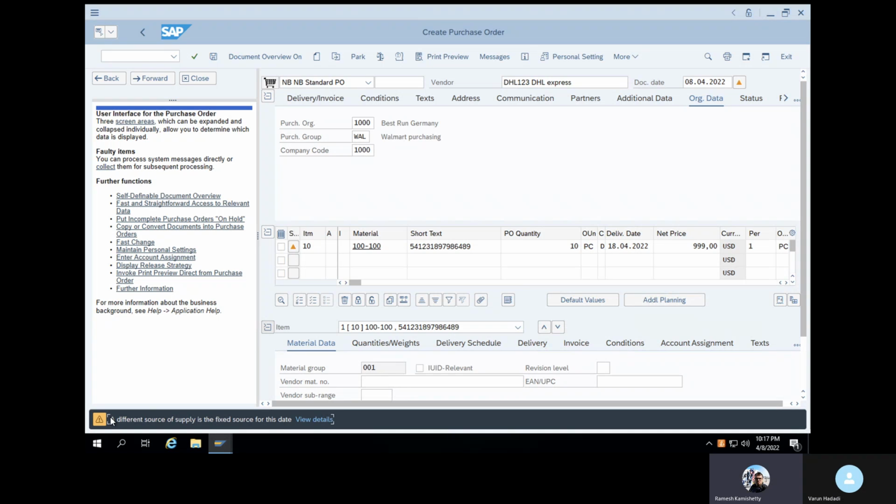It is just an intimation. Sometimes the purchaser may miss and enter a different vendor, so this will remind them to enter the correct vendor. Do you know the difference between fixed and block now? Yeah, got it. If you want to save it, you can, otherwise you can leave it.